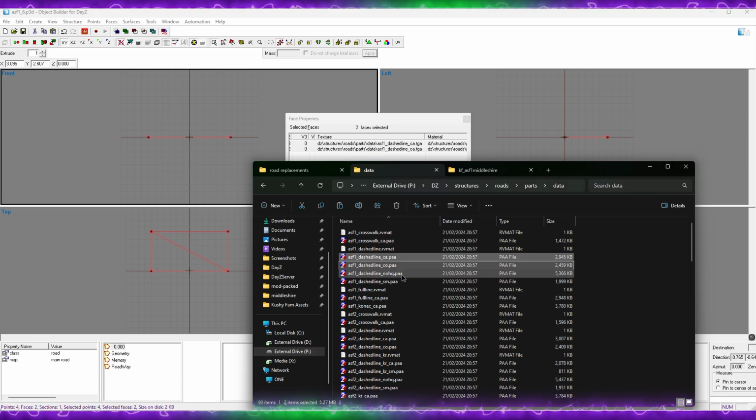We've got the two textures here. We've got the no HQ. We don't need the no HQ. We do need the dashed lines, the RV mat. We can reuse the RV map, but